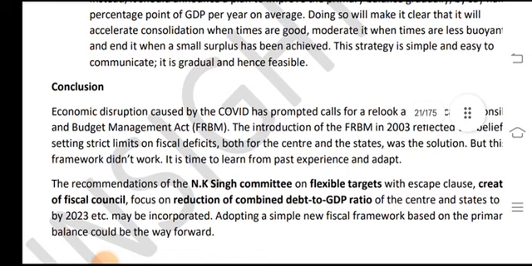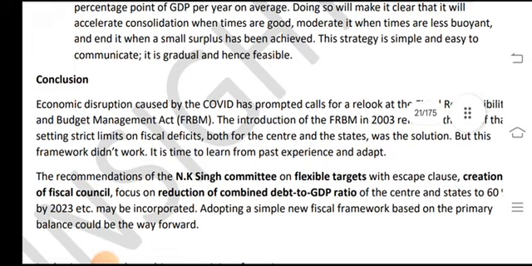Conclusion: economic disruptions caused by COVID have prompted calls to reassess the Fiscal Responsibility and Budget Management Act, the FRBM. The introduction of the FRBM in 2003 inflected